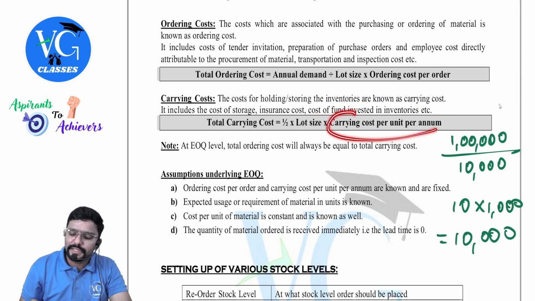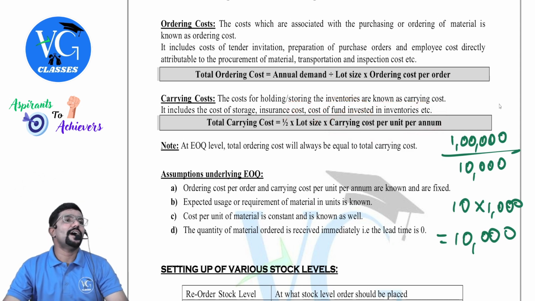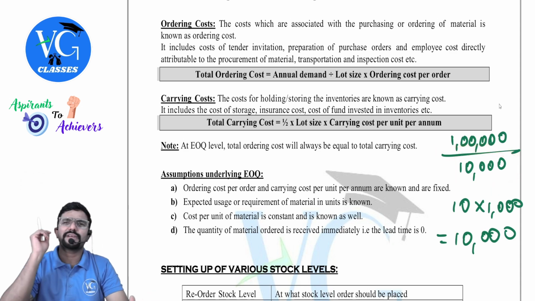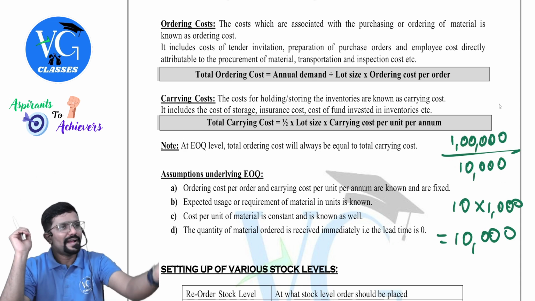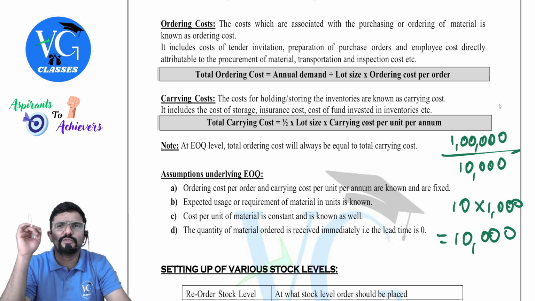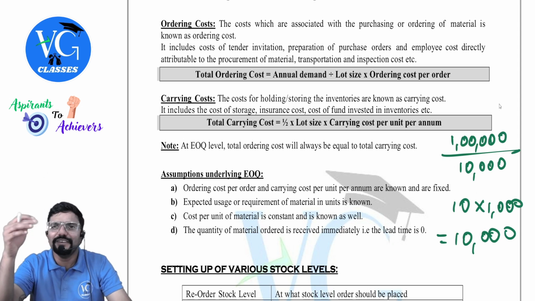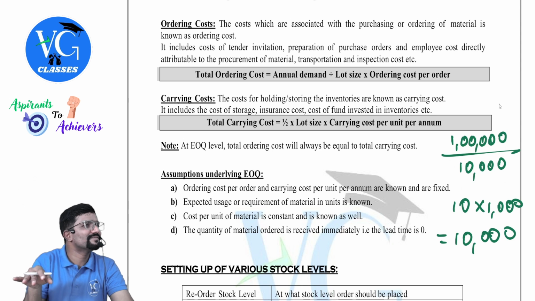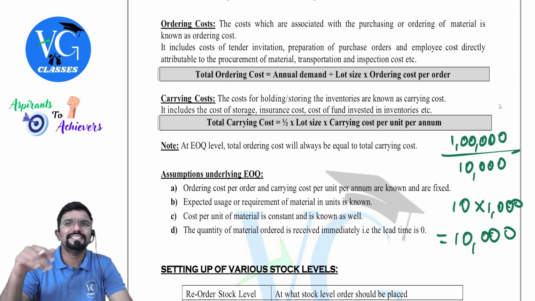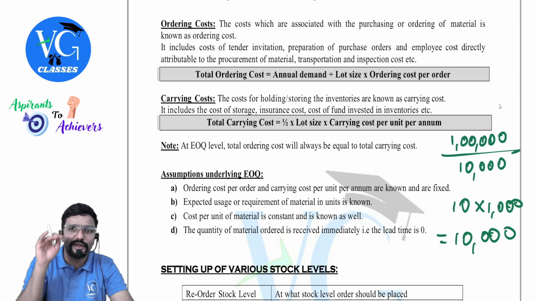Now, sir, we will take the lot size okay, but why half, sir? Very simple. Assume my EOQ is 10,000, so my lot size I am also considering to be 10,000. So every time I am placing the order for 10,000 kgs, once I receive, I have to look after it. But throughout the year, 10,000 kgs only will not be there. As and when I keep on using it, it will go down, right? Today I used it, tomorrow I used it. Will it be the same 10,000 kgs? No. So they just take on an average half of it.